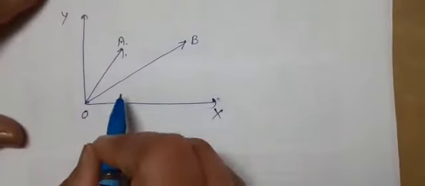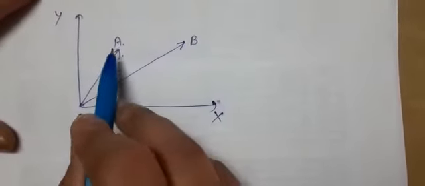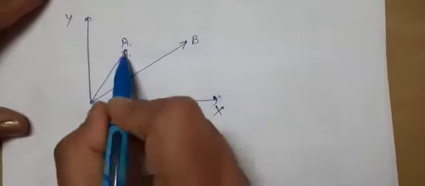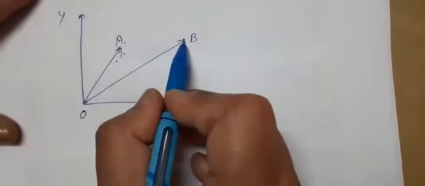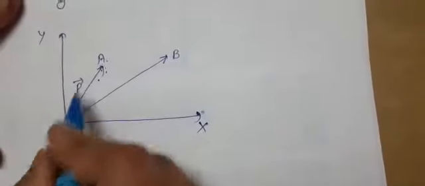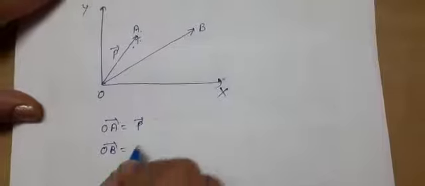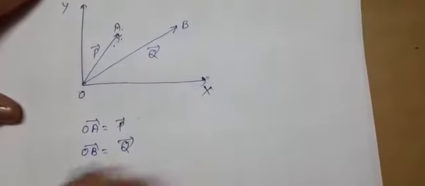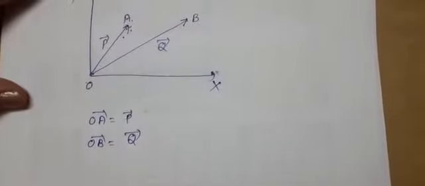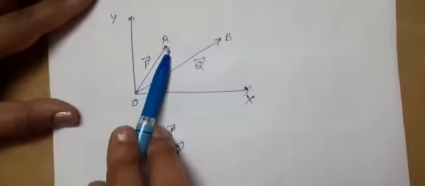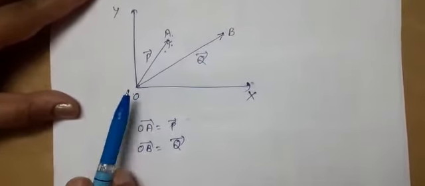So basically you can see that if any insect is at this point A, and then it has shifted to this point, the initial position is given by A and the final position is B. So let P be the position vector, that is OA will be equal to P. Now after some time when it has reached point B, its position vector is Q. So this is a position vector which has to be measured with respect to origin. That means the position of a particle is measured with respect to origin in terms of a vector.